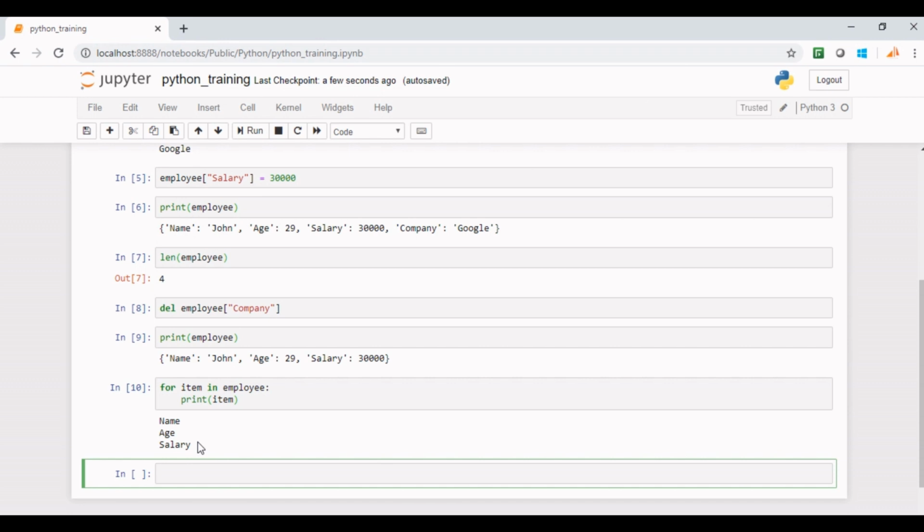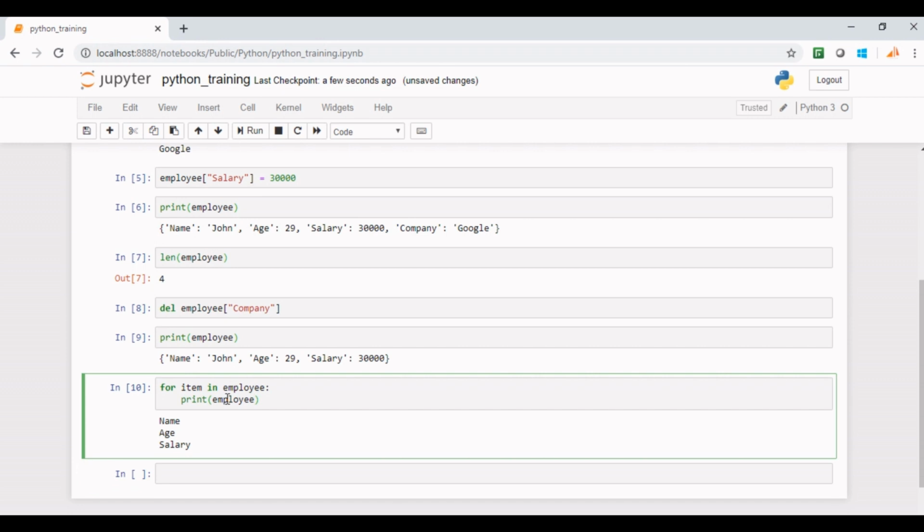If you want to access all values present in the dictionary, just follow the method that we discussed earlier. Like we can fetch value of any element from its key. And using this concept, if you replace this variable item with variable employee and pass variable item as its argument, then it will give you all the values present in the dictionary. Here you can see that we have filtered out all the values present in the dictionary employee.